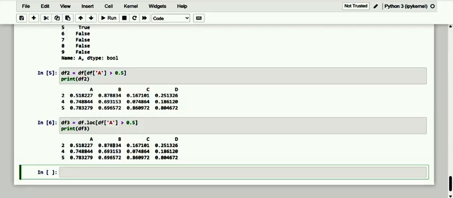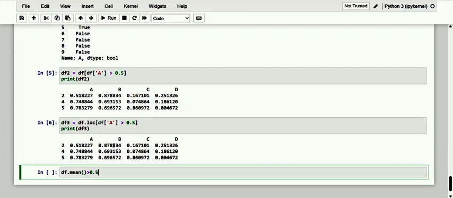The complementary case to the previous one is filtering on columns. In this case, only those columns of the data frame are filtered whose values meet certain requirements. Again, we will define a Boolean condition, for example. Here I want to make df dot mean. And dear friends, till now we have not discussed what this mean or mode is, related to the statistical functions. Let me cover it in further sessions. But before that, I just want to show you the condition.